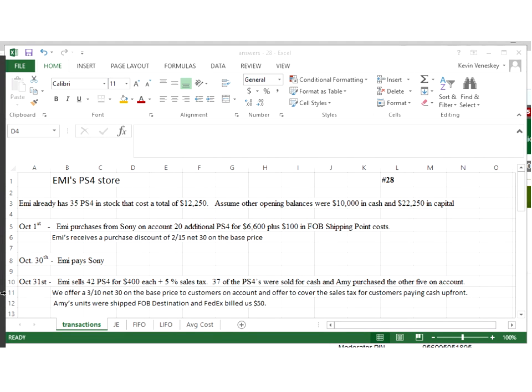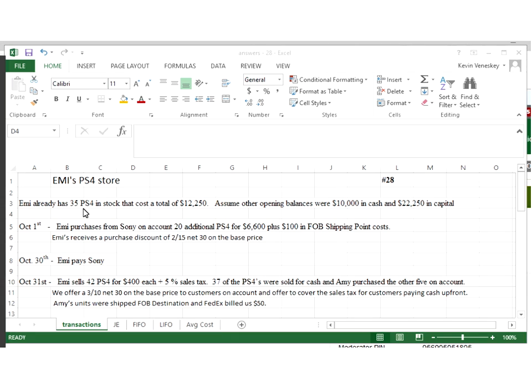For our example that combines week 7 and week 8, we're combining our sales tax payable with our shipping items. Now with the FIFO, LIFO, and average cost, I'm going to be using the FIFO method for this. I'm going to be looking at EMI's PlayStation 4 store here, number 28, and putting together the last